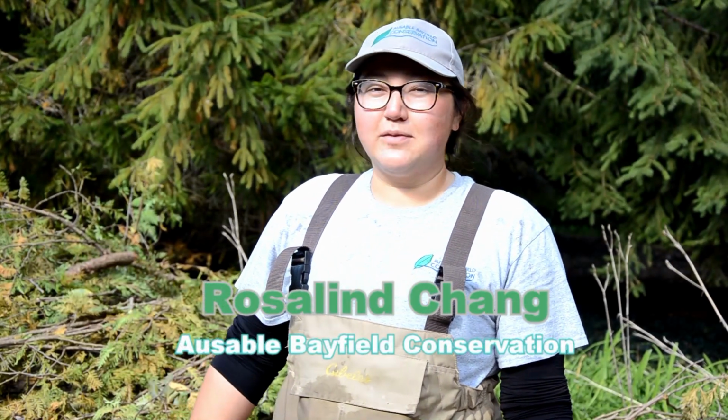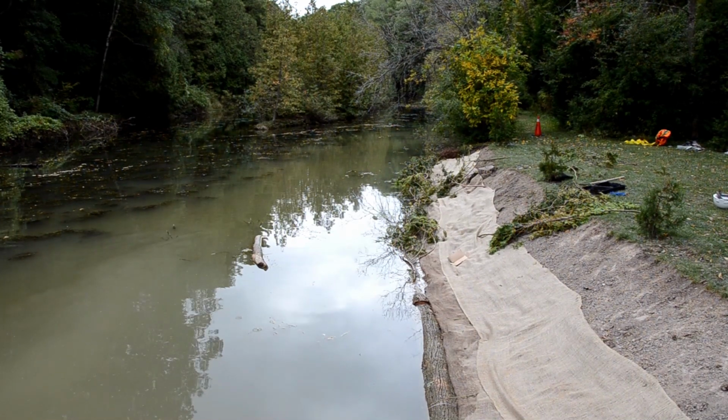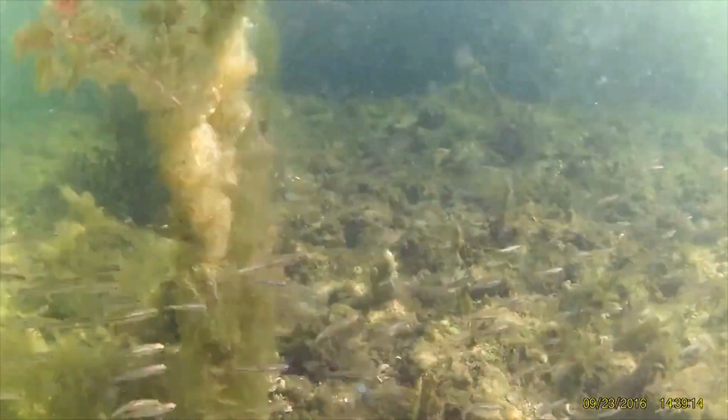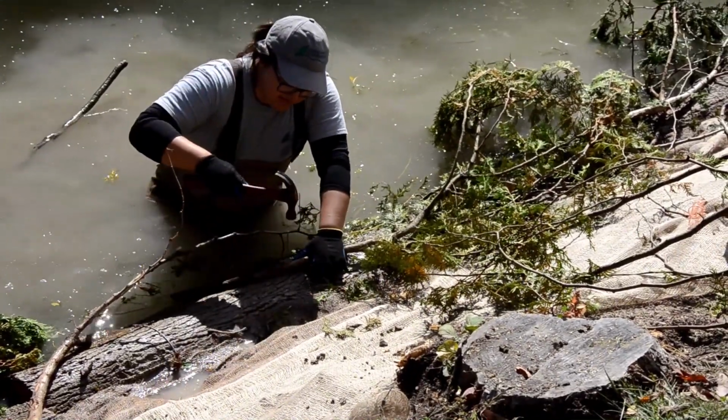Today we are at Southcott Pines, one of the neighborhoods along the old Ausable channel. We're focusing on something called natural channel design, and we're going to use natural features of streams and rivers and pond systems so that we can make this area as natural and healthy as we can. And there are numerous species at risk here, including the pug-nosed shiner and lake chubsucker. We're doing all we can to help promote a healthy habitat here so that those fish and various other turtles